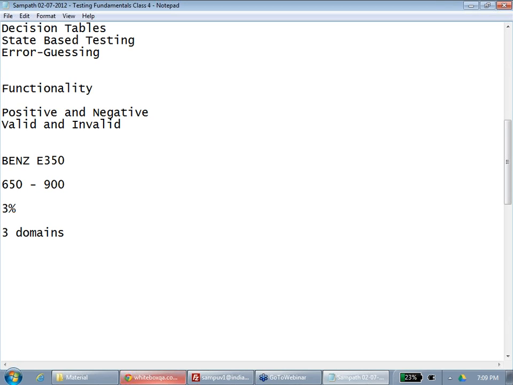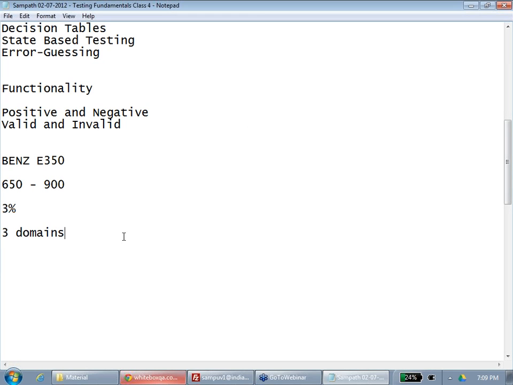So how many test cases did you get? Three. You need at least three to do equivalence partitioning, not more, not less. That is one technique guiding us to make test cases. You take only one from each domain, not every possible value from each domain.